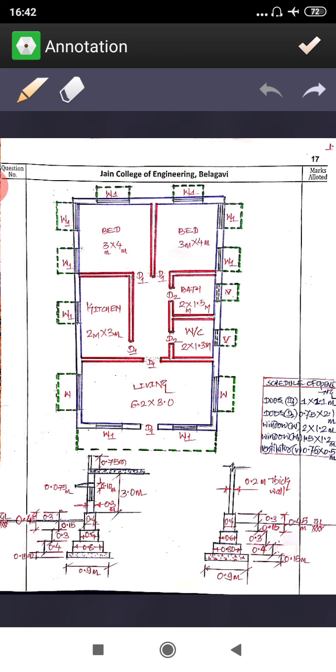The slab thickness is 0.15, and you can see the wall details. One is of 0.3 meter and in second cross section it is of 0.2 meter. The slab height from the floor is 3 meter. Now they have not given the proper detailings about the chhajja and proper detailings about the parapet. Now here the thickness of lintel is 0.15 meter, and along with that they have given the schedules of opening.